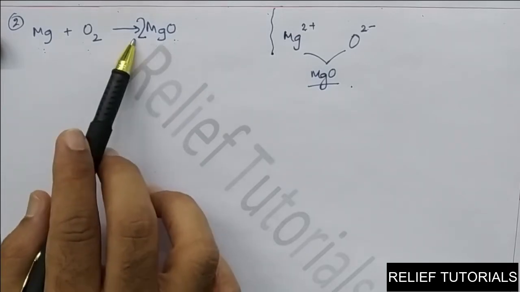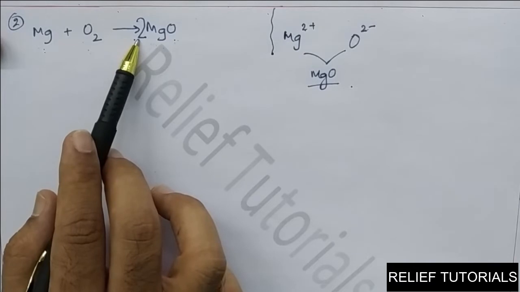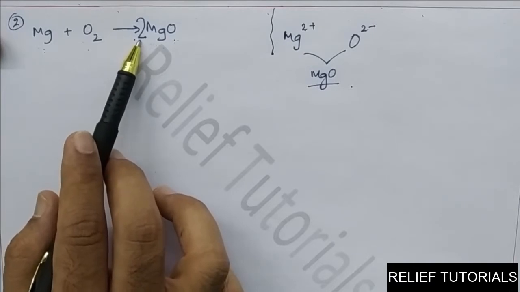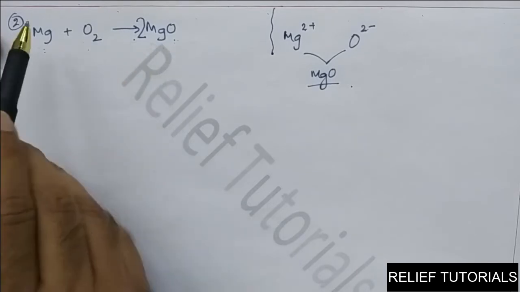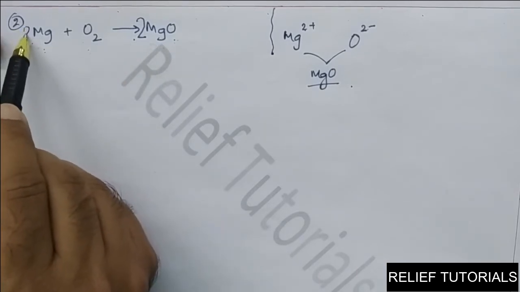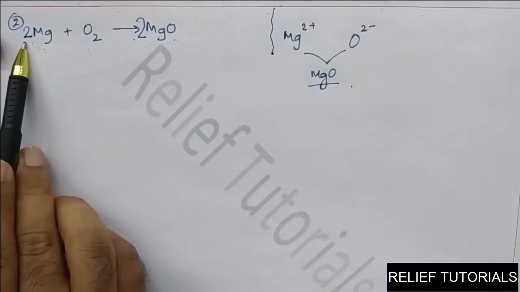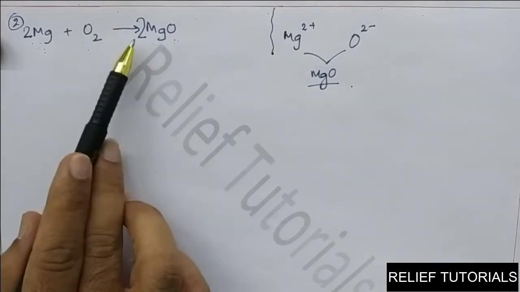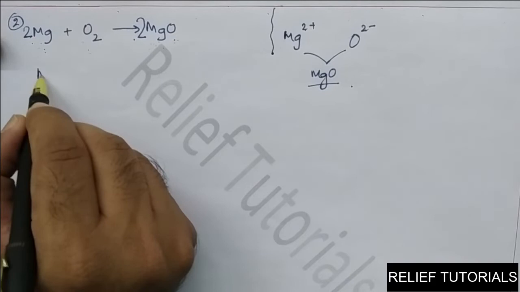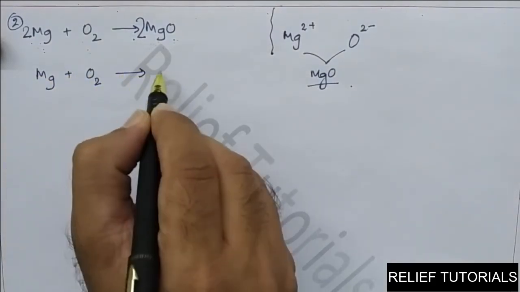So now these are 2 oxygens, but at the same time magnesiums are also 2, because these 2 will be multiplied to both the atoms. So magnesium 2, so here is magnesium 1, so you can write 2 and the equation is balanced. Recheck it. How many magnesium atoms are here? 2. Magnesium 2. O2, O2.